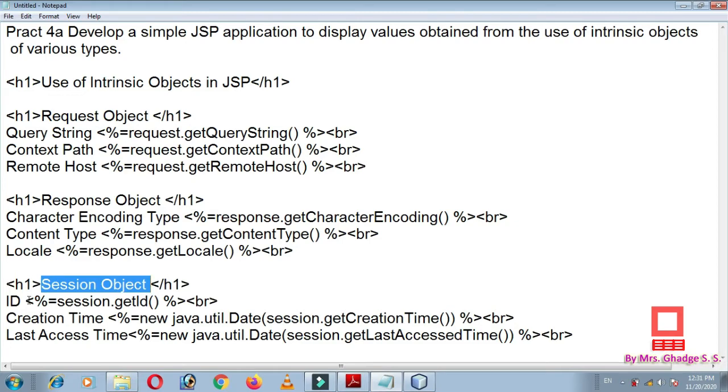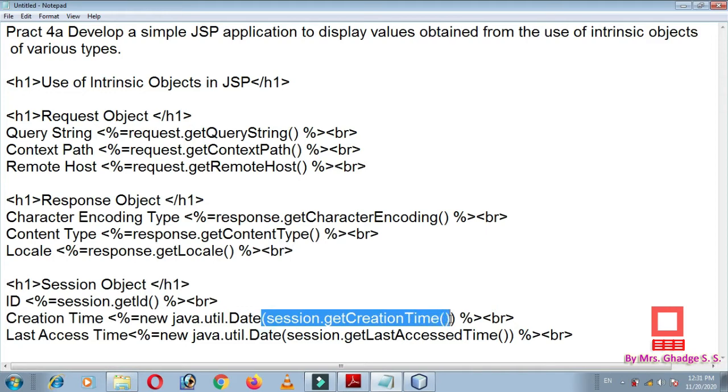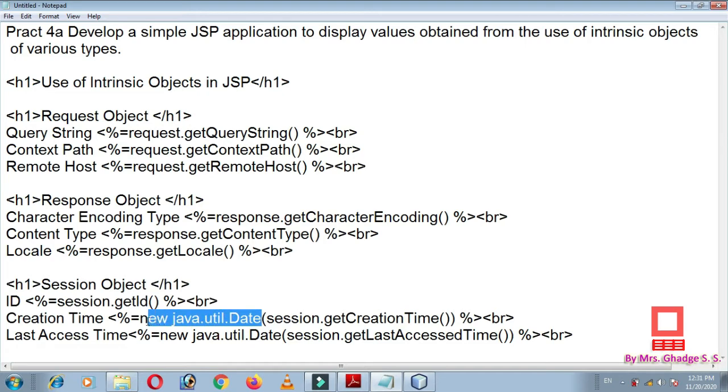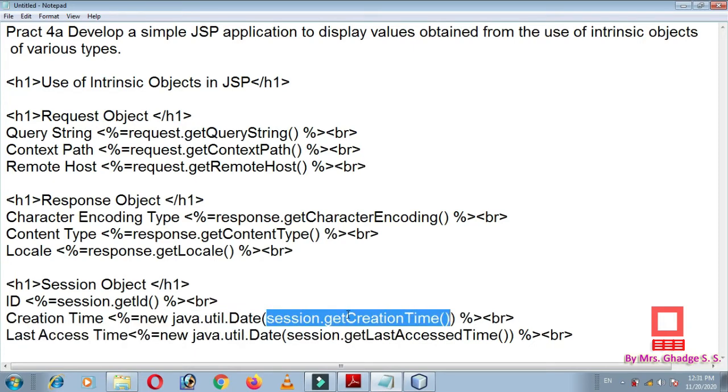For that we use the expression and the methods of the session object, like getId. The next method is getCreationTime. This will retrieve the time as a long type, so we convert it into a date format by using the Date object which belongs to the java.util package. So here it is written new java.util.Date(session.getCreationTime()).